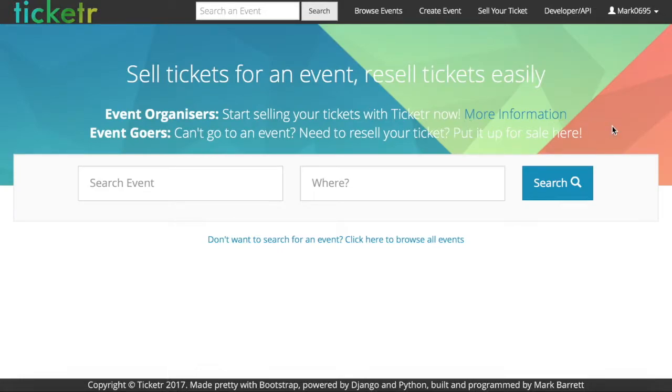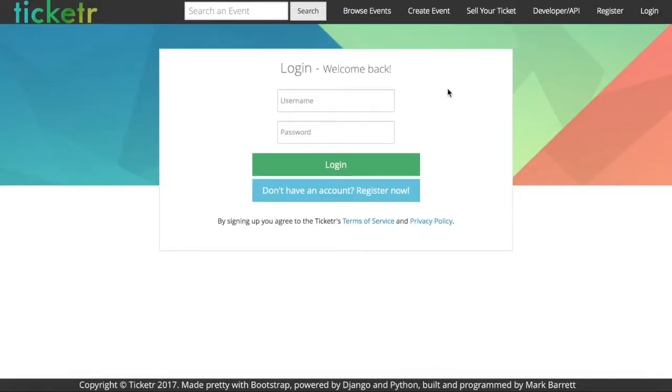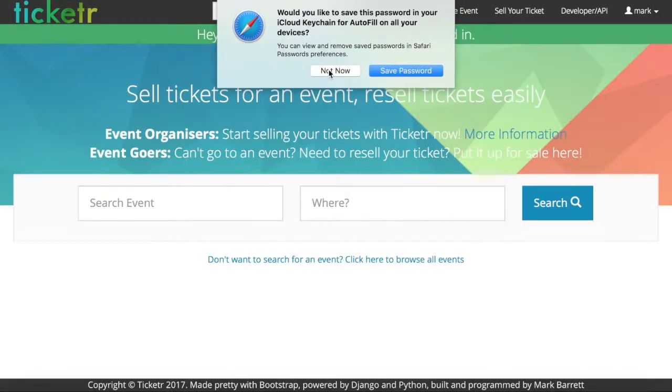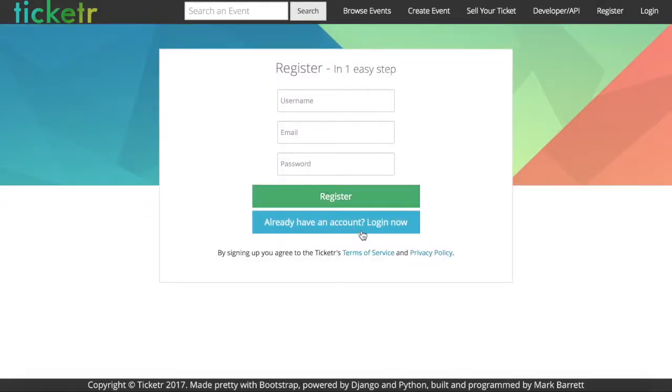So now, from an event organizer's point of view, I'm going to show you the dashboard and everything like that. Before I do that, I am going to log into my other account, which is the owner of all those events. And by the way, you can register for an account right here. You just put in your username,